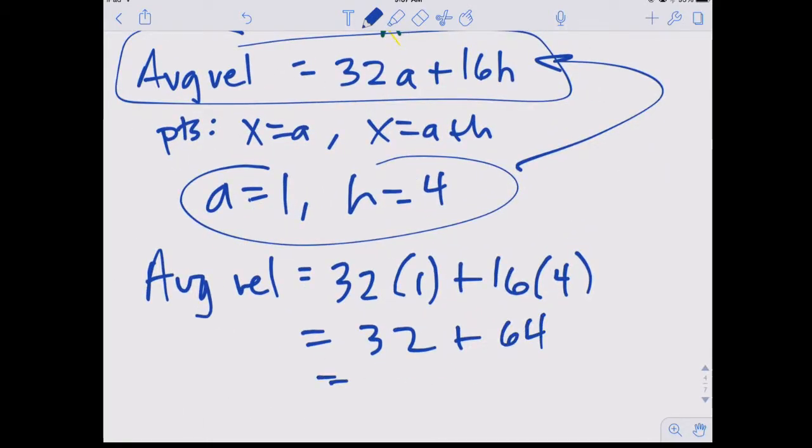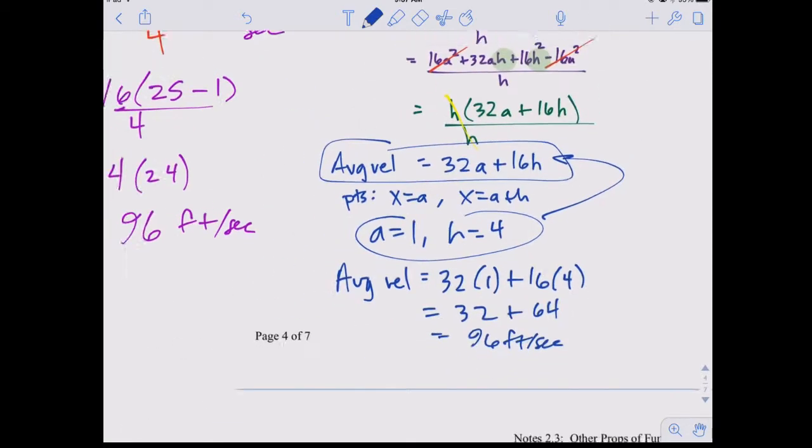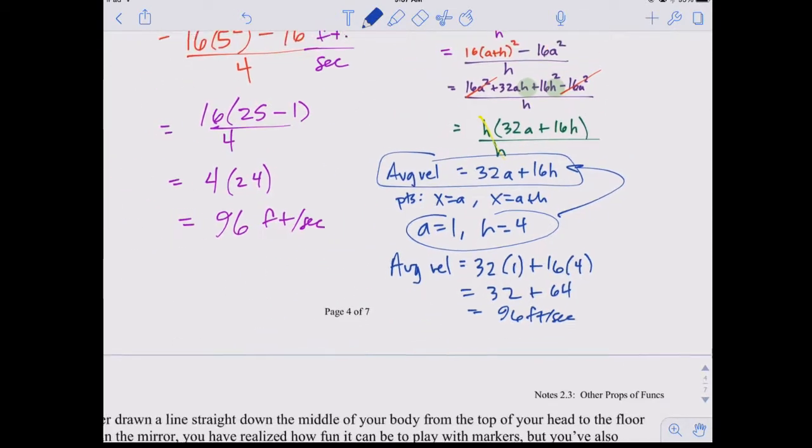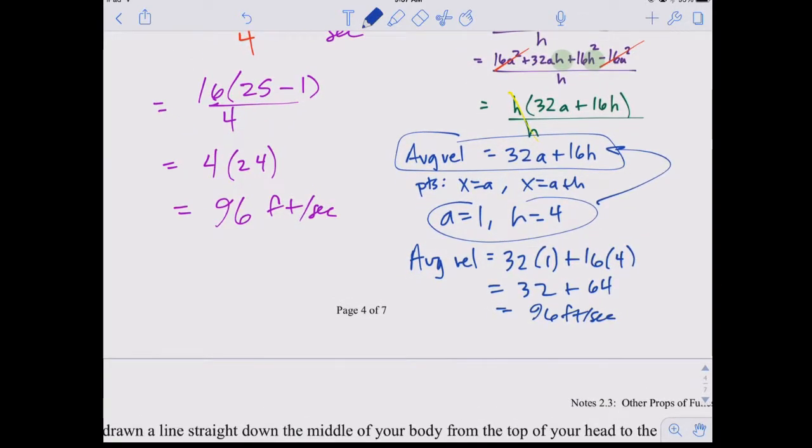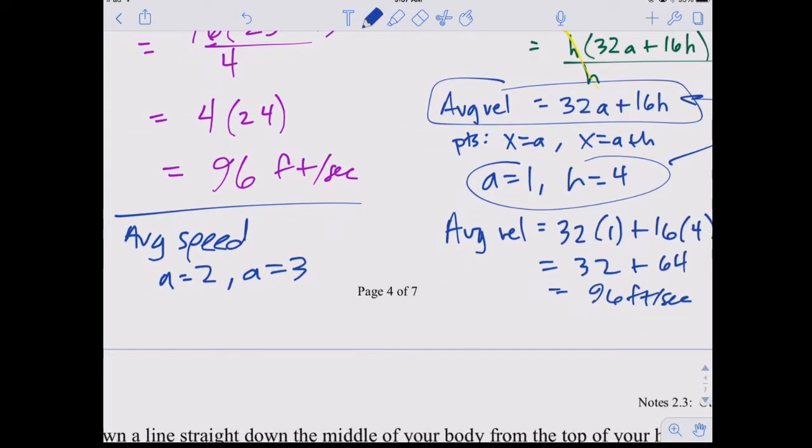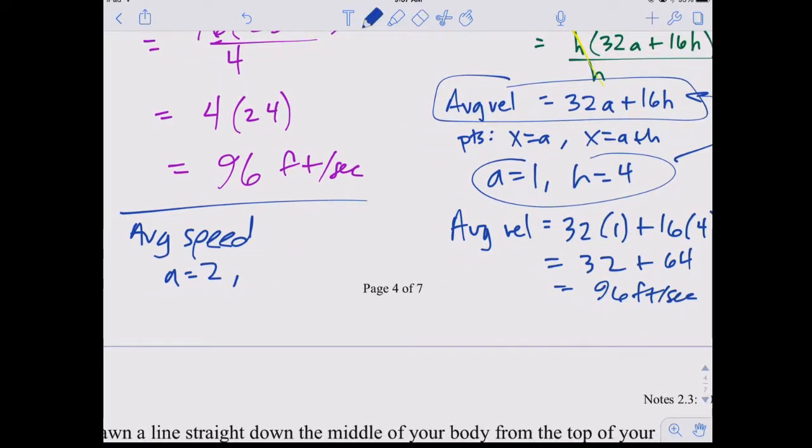64, which is 96. And we get the same answer. That's pretty cool. And we don't have to set up the difference quotient again. Let's figure out the average rate of change, or the average speed now, from a equals 2 to a equals 3. Well, from a equals 2 to 3 would mean h